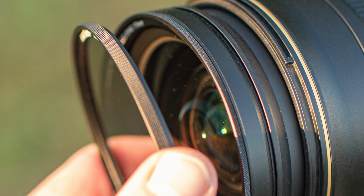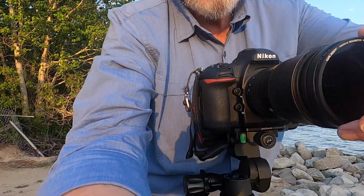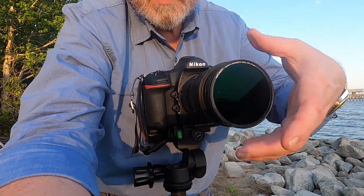So the second way that they recommend these things being used is to just use the magnetic ring that comes with the filters, put that on the camera and forget about it. It is so small and narrow, it doesn't cause any problems with vignetting, doesn't cause any problems with anything. I keep forgetting that's where it is. It just fits very comfortably on the end of the lens, and that way when I get ready to want to add a filter like this circular polarizer, all I have to do is...